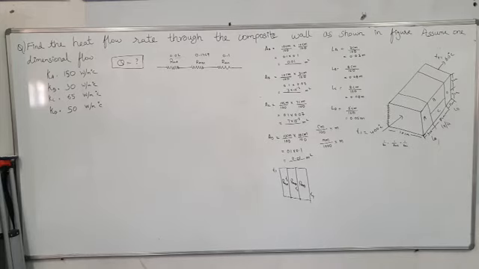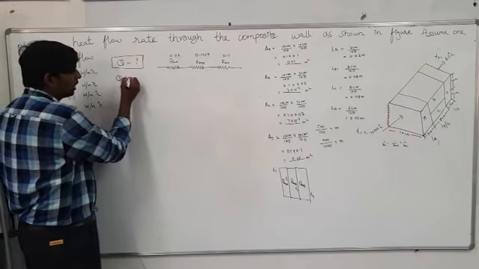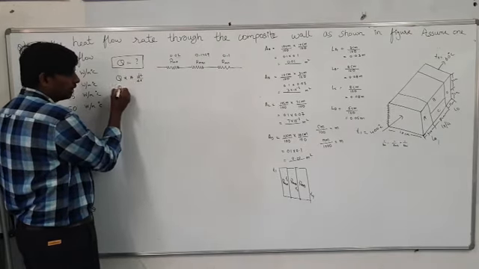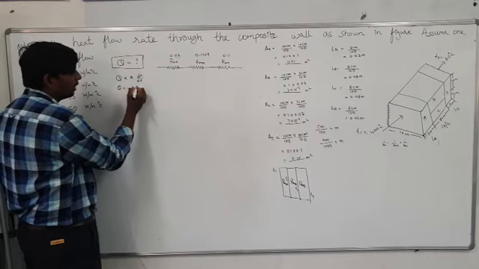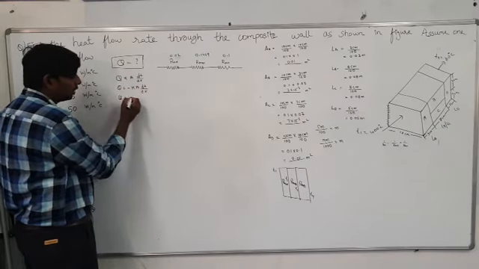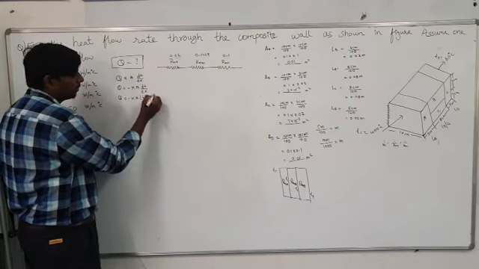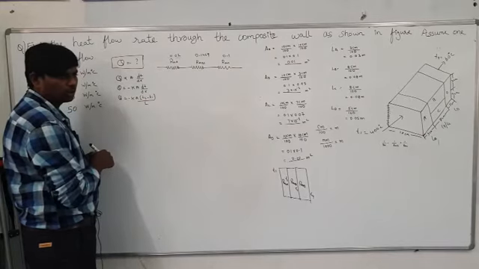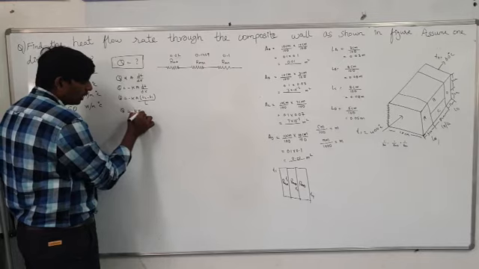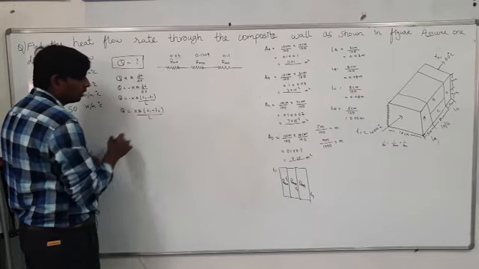After that you have to derive that one. I will do it simply. Q is directly proportional to A dT by dx. Then Q is equal to minus KA dT by dx. Then Q is equal to minus KA, here you can write T2 minus T1 by L. After that Q is equal to KA, write down as it is, T1 minus T2 by L.